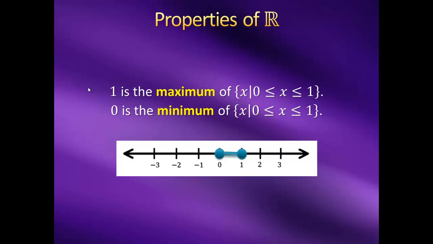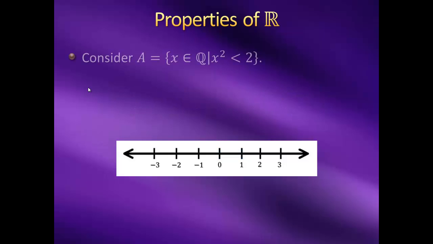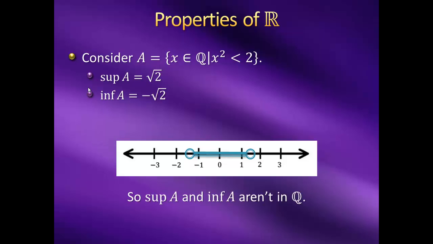Now, in this example, both our supremum and our infimum were themselves rational numbers. But this doesn't always have to be the case. We could easily have the set of rational numbers x, such that x squared is less than 2. The supremum and infimum of this set would be square root of 2 and negative square root of 2, respectively. But neither of these is rational. But if we were instead to consider the set of real numbers x, such that x squared is less than 2, the supremum would